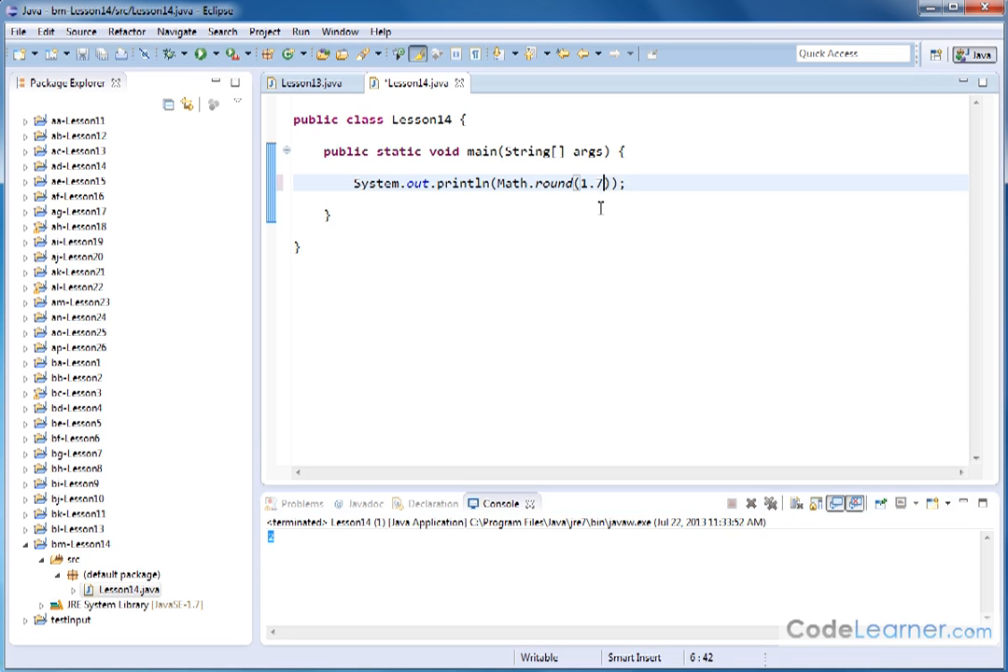And if we do something like 1.51, go ahead and save it and go up, it's also going to go up to a 2. And if we go just below, like